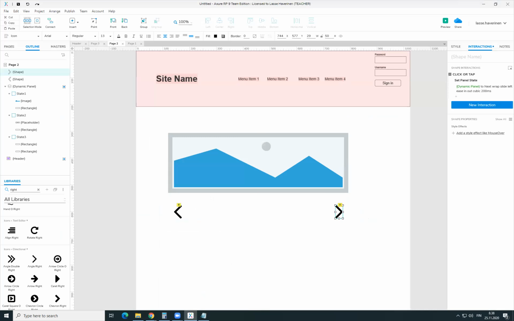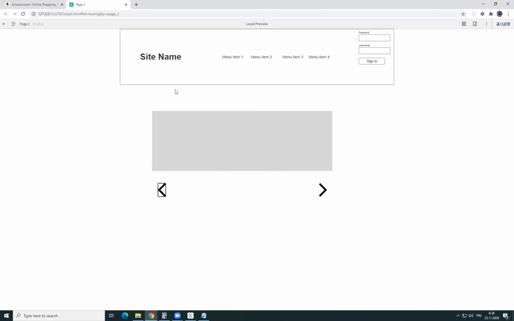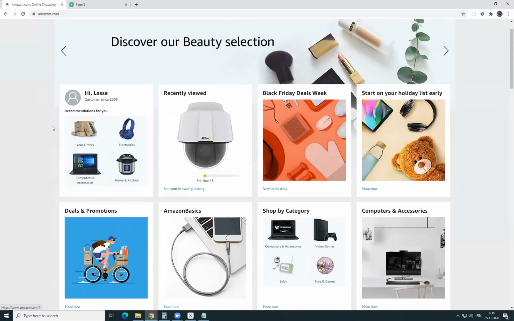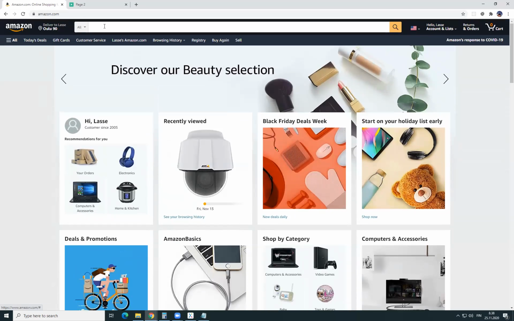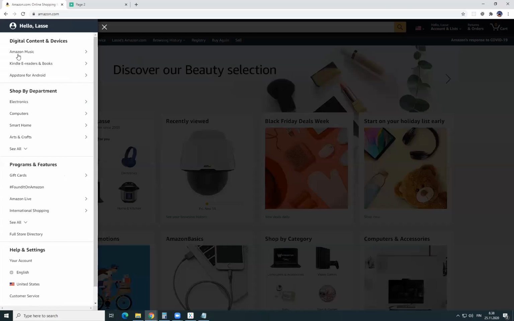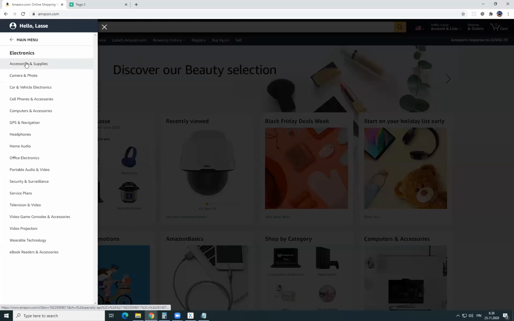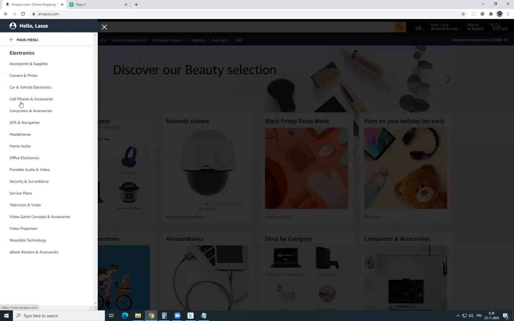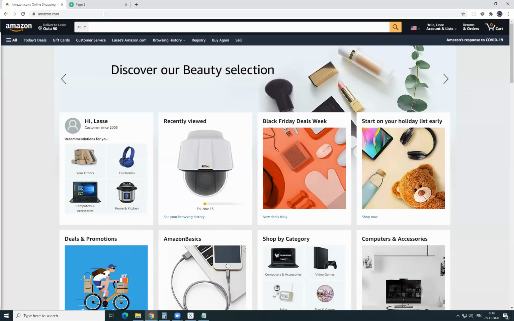Another example would be, let's see, can I show it from here from the Amazon? Where can I search for products? Do they have a product category? Okay, this would also be possible to do with the dynamic panel. I would have a panel here, then click here, it would go to whatever state, and then it would show these. But what I'm looking for is that,